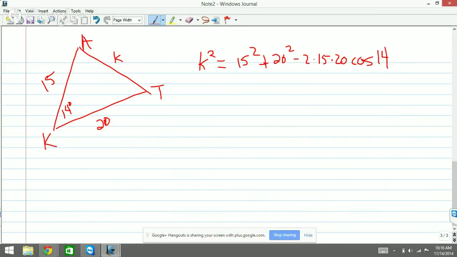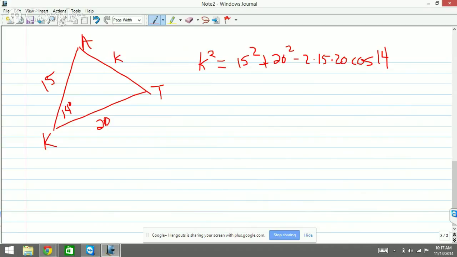If you have three items, you can do all three sides or two sides and the included angle. If you have either of those, actually, any three items in a triangle, this works. You plug them in the right spot and solve. Okay, so,